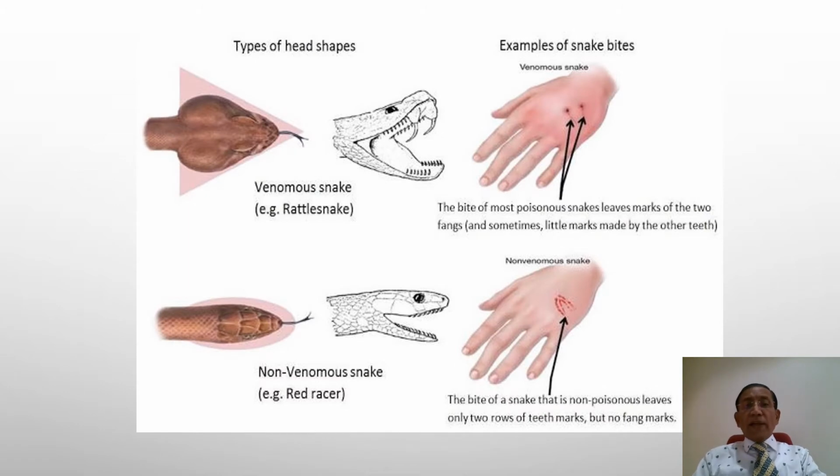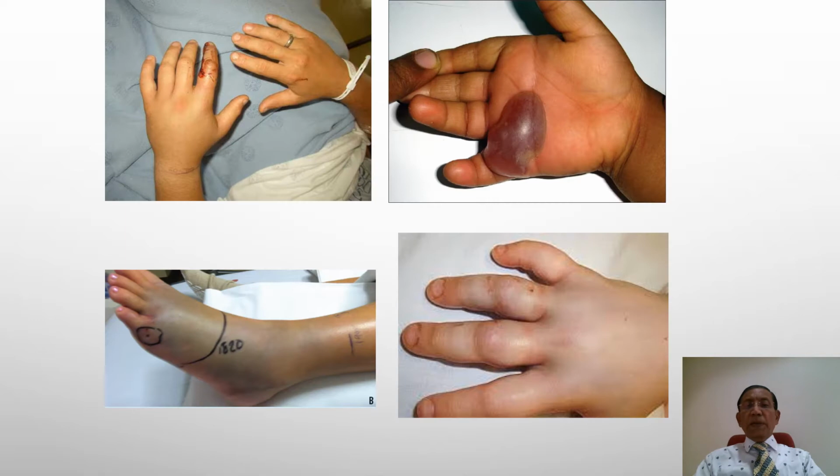Now these are the local fangs. As we have seen, there are two types of bites which are commonly seen. If two big fangs are seen like this, then this is mostly a poisonous snake. And if you see multiple small fangs like this, then it is usually a non-poisonous snake bite. And these are some local manifestations: this child had a bite, because of which the child has serosanguinous bleb formation, and sometimes you get a swelling like this, or an edema, or some ecchymotic patches, or serosanguinous discharge from the bite.